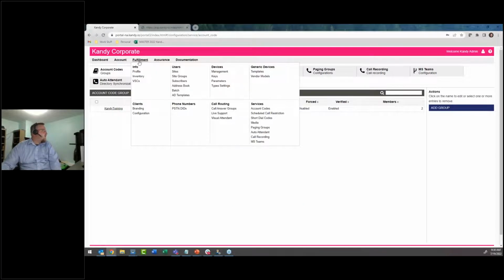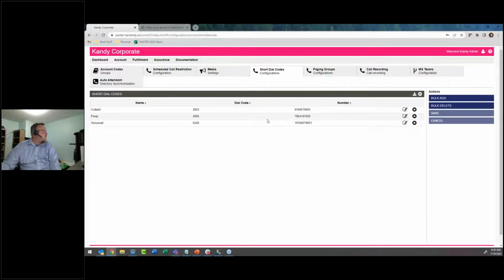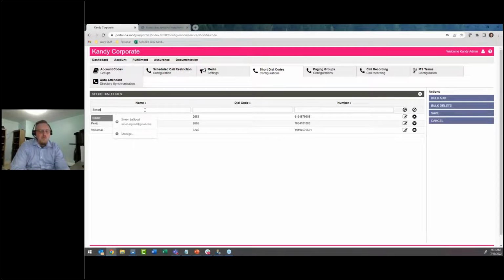If we look in the system itself, if I come over to fulfillment and then to short dial codes, you can see I've got a couple of short dial codes already entered in the system here. If I wanted to, I can go ahead and hit the plus symbol. I can add in a new one. Perhaps I want this one to go to Simon. I want it to be,